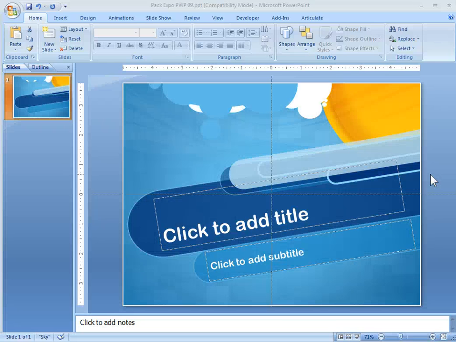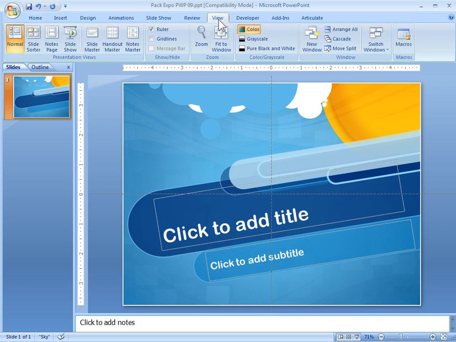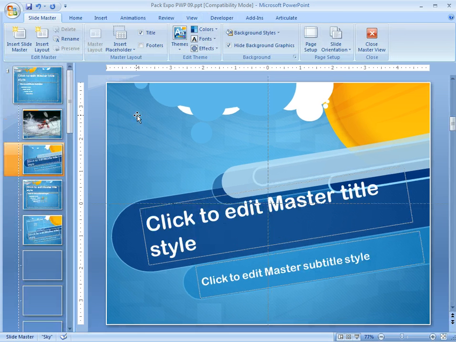Alright, so I'm working in PowerPoint 2007, so the way it looks is going to be a little different, but the principles are all going to work the same in the other versions. So first thing we want to do is go into your slide master. So we're going to slide master, and in your slide master, now PowerPoint 2007, the layout's different, but you've got